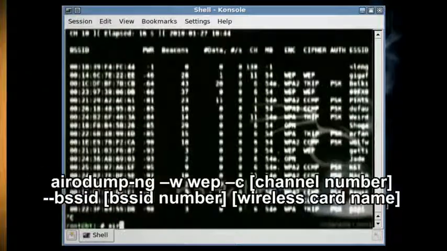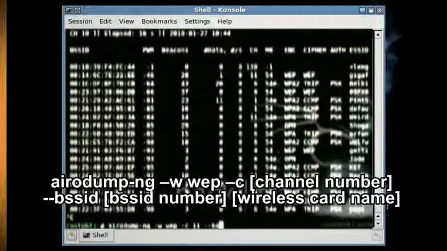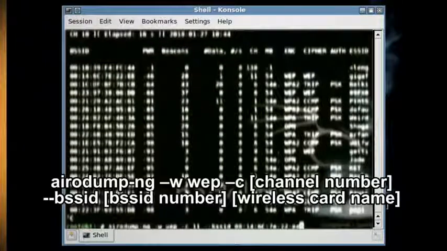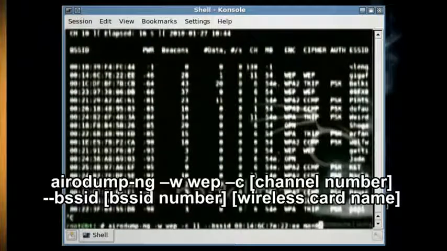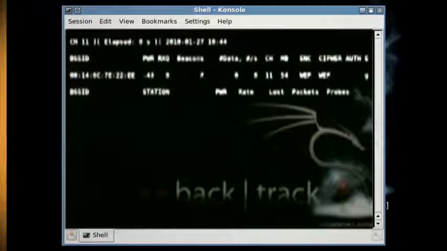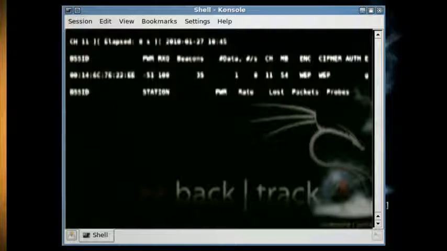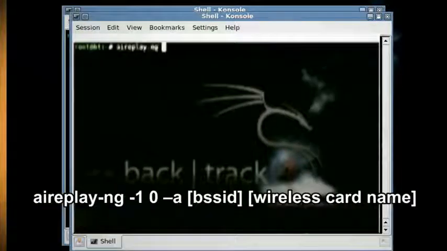Now type airodump-ng -w WEP -c and then the channel number, --bssid and then the BSSID number, and then your wireless card name. This will link your wireless card to that particular connection. Now just leave that running and open up a new console and type airreplay-ng -1